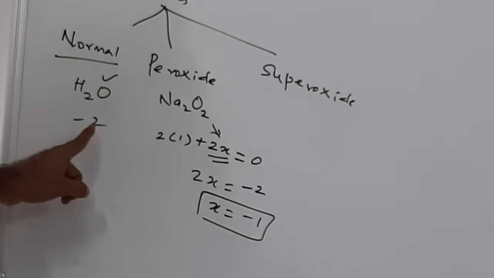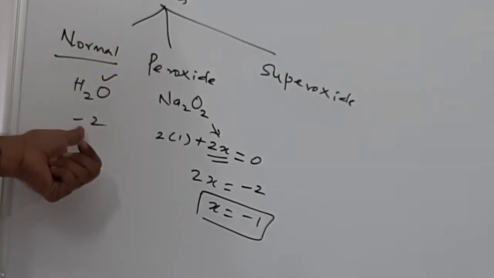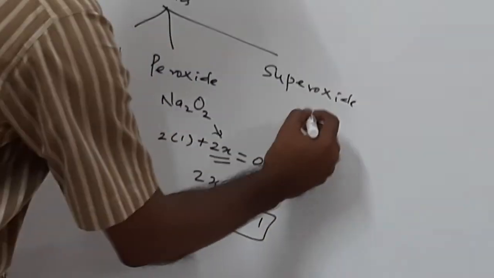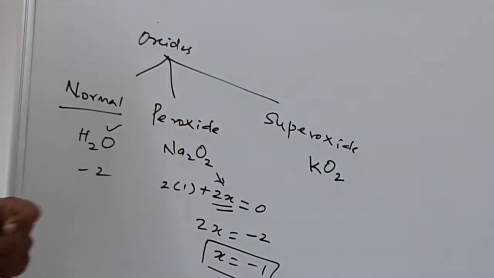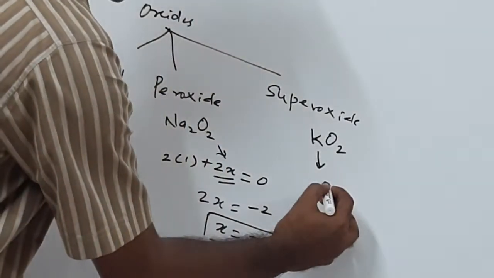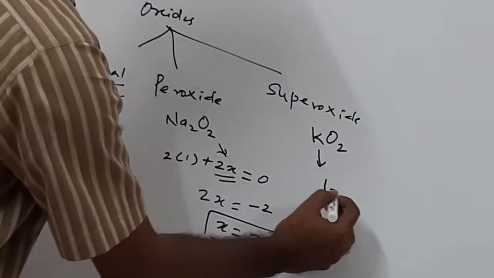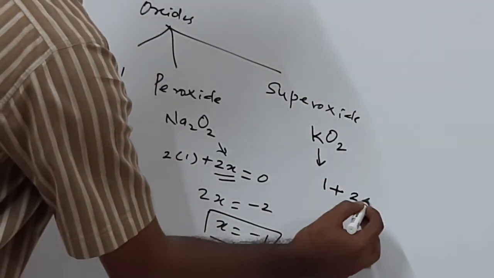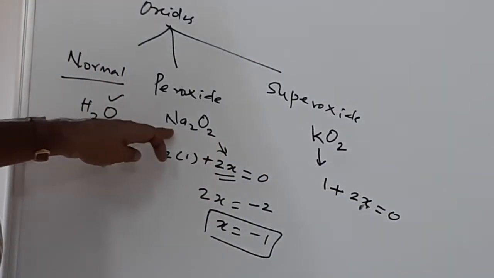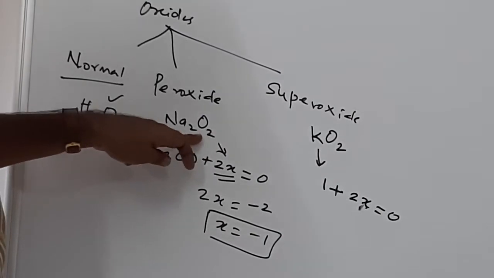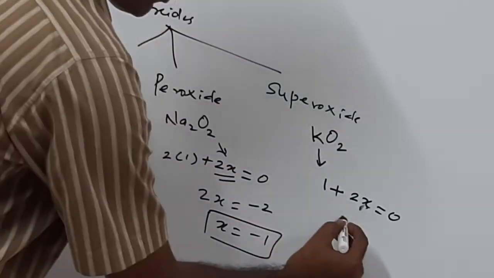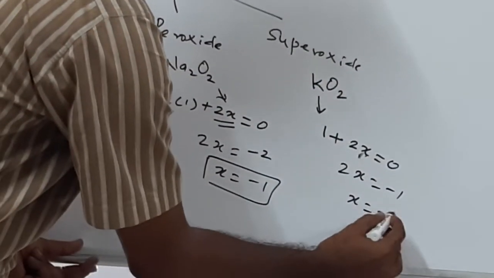சரிங்களா, மற்ற எலிமெண்ட்ஸ் எல்லாத்துக்கும் மற்ற காம்பவுண்ட்ல எல்லாம் oxidation number of oxygen -2 னு சொன்னோம். In the case of peroxide it is -1. Now let us calculate for one superoxide. So KO2 is an example for a superoxide. In this case again this is potassium, an alkali metal, therefore the oxidation number is let's say 1. சரிங்களா, now plus 2 into x, அது 2x னு வெச்சுக்கலாம், plus 2x is equal to 0. இப்பதான் படிச்சோம், ஒரு காம்பவுண்ட்ல sum of the oxidation number equal to 0 னு படிச்சிருக்கோம். அதாவது algebraic sum னு சொன்னா அதே மாதிரி தான் இங்கேயும் is equal to 0. Now 2x is equal to -1, so x is equal to -1/2.